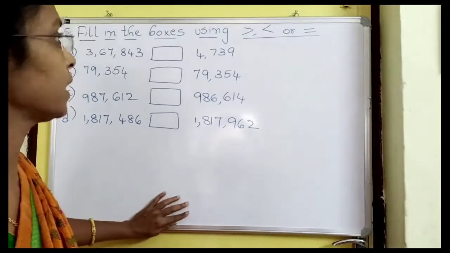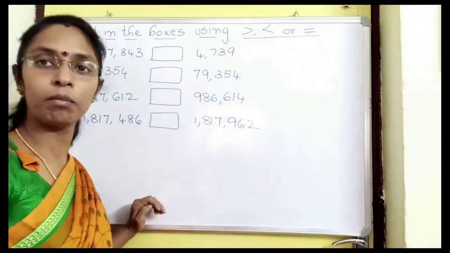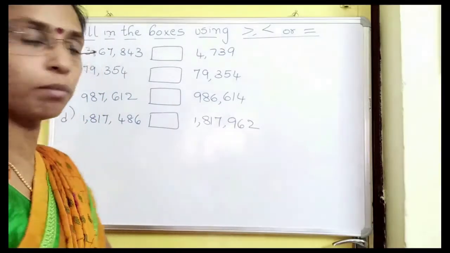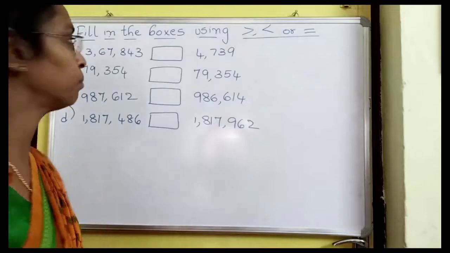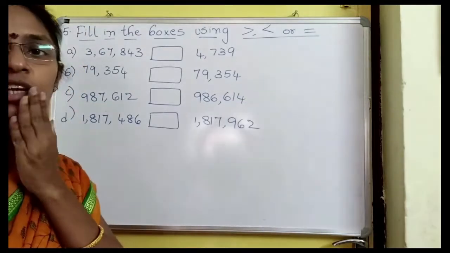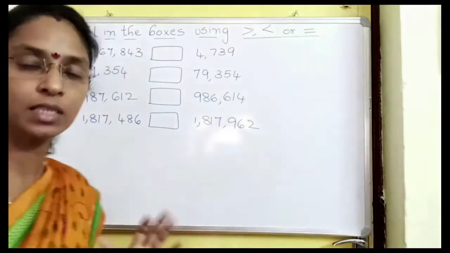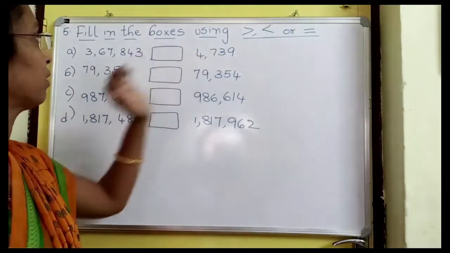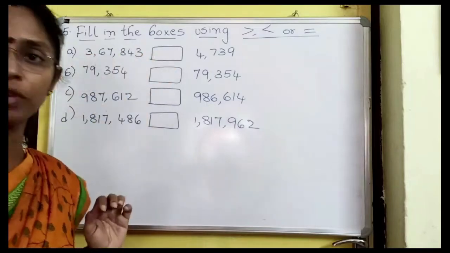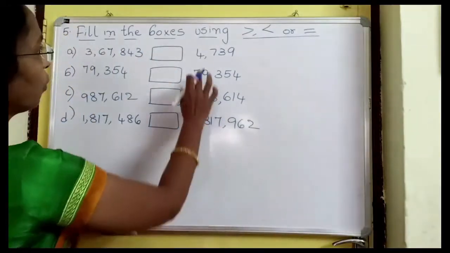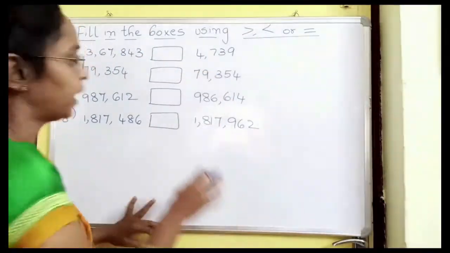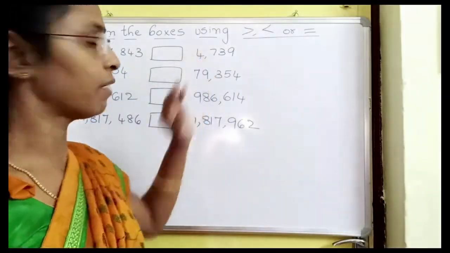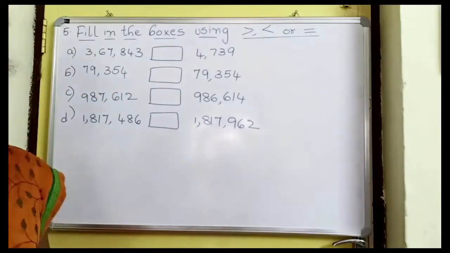In this question, he is asking you to identify the greater number and the smaller number. That is, here you are comparing the numbers. How will you compare the numbers? Now see, children, the first thing you have to do when comparing the numbers is count the number of digits in the given numbers. Here 2 numbers are given in the first question. So here you have 1, 2, 3, 4 digits, and here you have 1, 2, 3, 4, 5, 6 digits. So one number has 4 digits and the other has 6 digits.